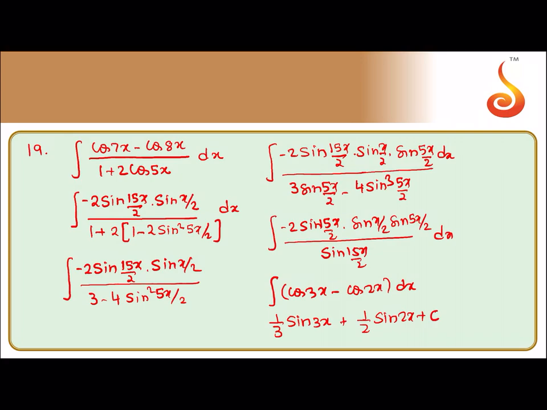So the main idea behind this is to convert it to a half angle. Convert cos 5x also to a half angle in terms of sine, because every term in the numerator is in sine. Once you have converted to sine, you automatically get the idea that you have to write sin 3 theta, then sin 15x by 2 will cancel. You get your required result.